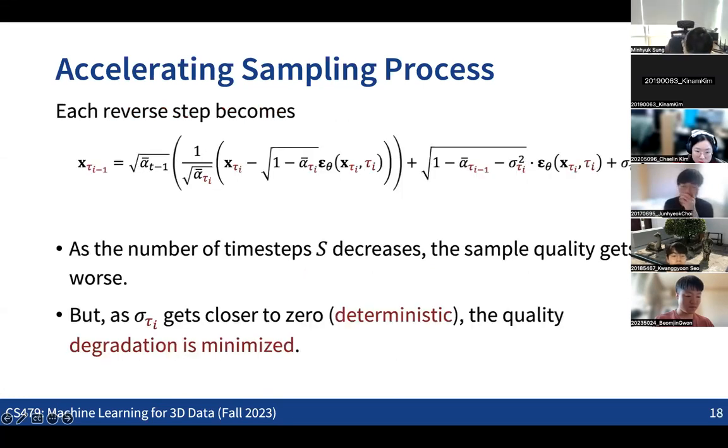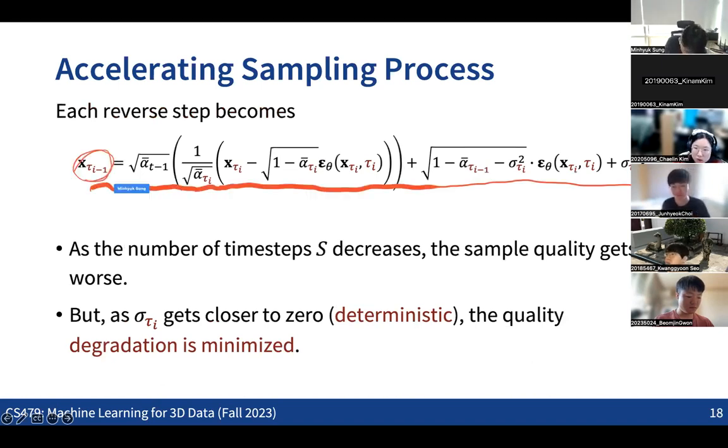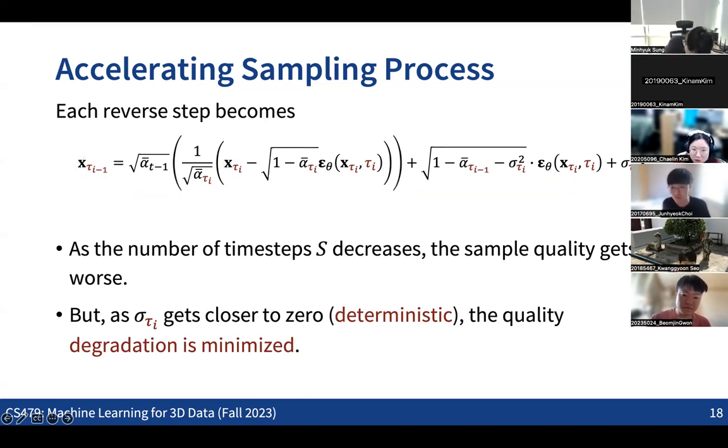Indeed, this is the x_{t-1} computation in the DDIM process. The only thing you need to do is, instead of taking x_t and alpha_t and all these numbers from the previous time step, we now sample a subsequence of the time steps and take all these values from the previous step in the given subsequence. But obviously, this is an approximation of the reverse process with the full time steps.